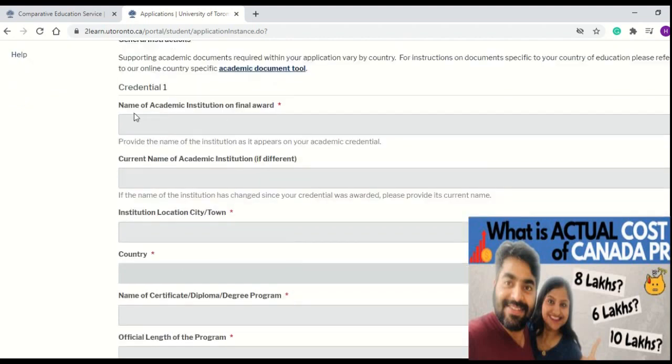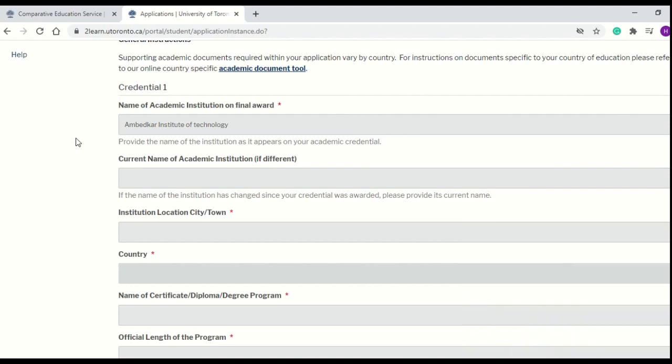So I'll quickly do that. So guys, one important thing to note here is even in my last videos that I created for ECA, for WES and IQS, I received a lot of questions on, for many people, the institution name or the academic institution name got changed since they did their degree. So if that is the case, then here you can write the current name of the institution if it is different. Okay, so this is the institution name that ideally should be written here, which is on your degrees or certificates. And if the name has changed, then you can enter the different name here. I hope this will answer your query because a lot of people have this question.